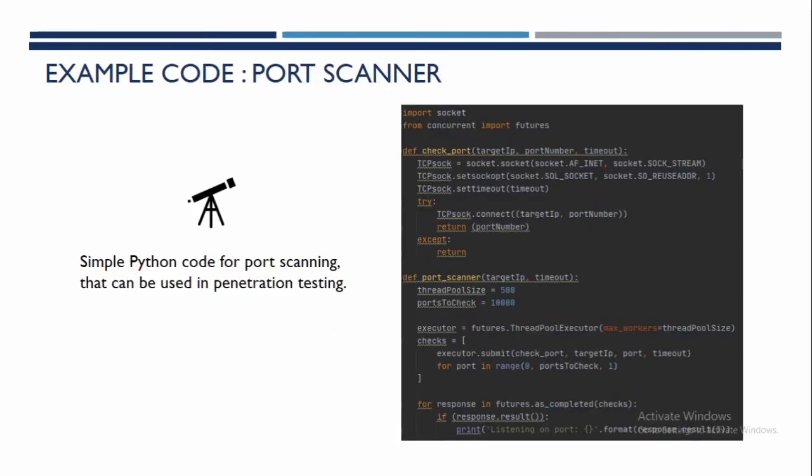Alright. One of the ways that Python can be used in cybersecurity is in the field of penetration testing. One of the most common tools in penetration testing is the port scanner. You can create one based on Python. As you can see here is the Python code for port scanning. The first method, the check port method, is used to check whether that particular port on that particular target IP is open. And the second method is to scan a range of multiple ports for that particular IP and also display the outcome of the code.